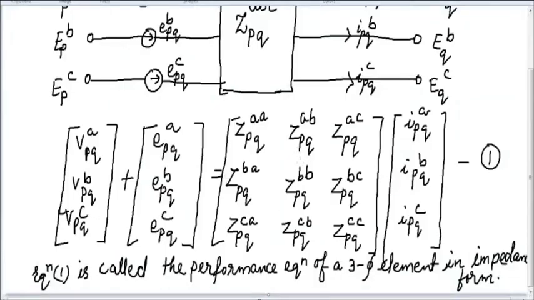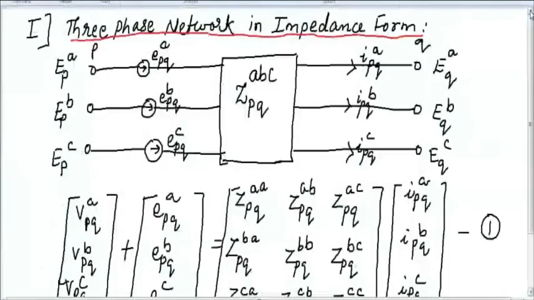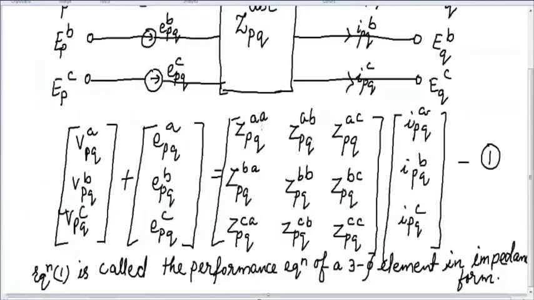See here, this matrix is nothing but this ZPQ ABC. So ZPQABC, what we have written in this particular block, is represented by this matrix: ZPQAA, ZPQAB, ZPQAC, ZPQBA, ZPQBB, ZPQBC, ZPQCA, ZPQCB, and ZPQCC. Now here the diagonal elements, that is ZPQAA, ZPQBB, and ZPQCC,